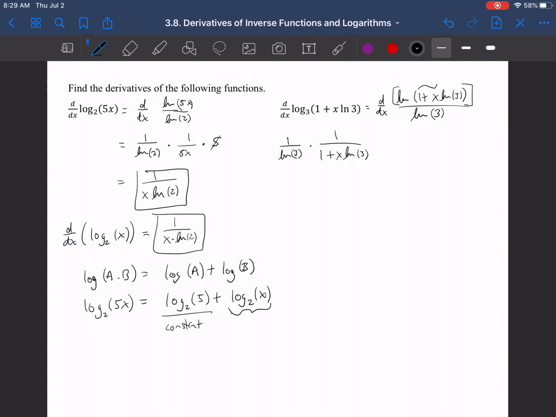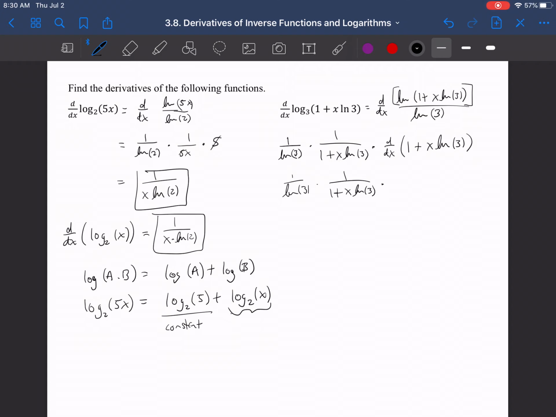So we have to do the times the derivative of what's inside that natural log right there. So times the derivative, I'll write this one for you, 1 plus x ln of 3, all right? And so now we have to do that derivative. We've got the same thing here, 1 over ln of 3 times 1 over 1 plus x ln of 3